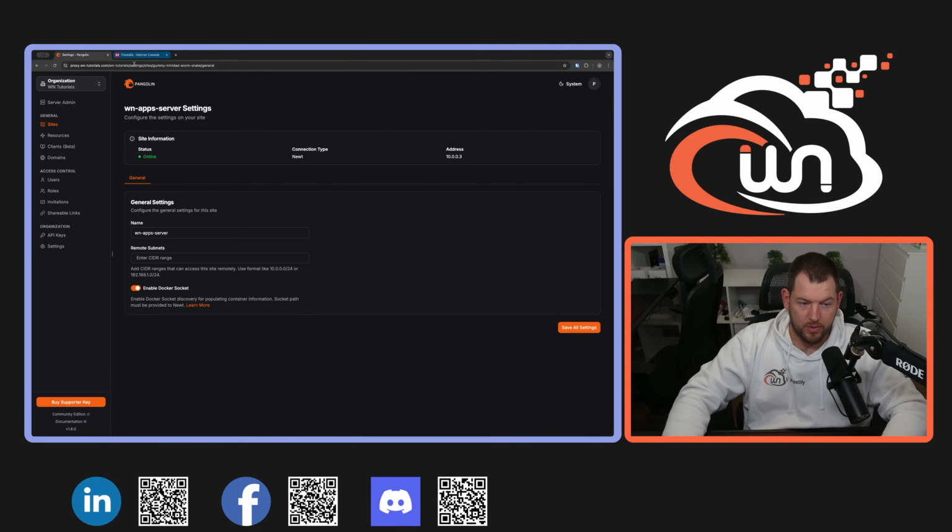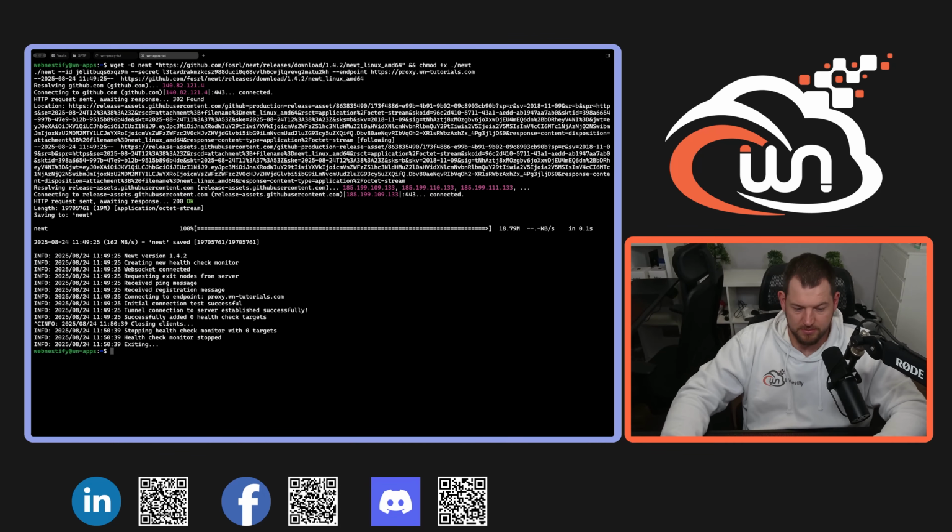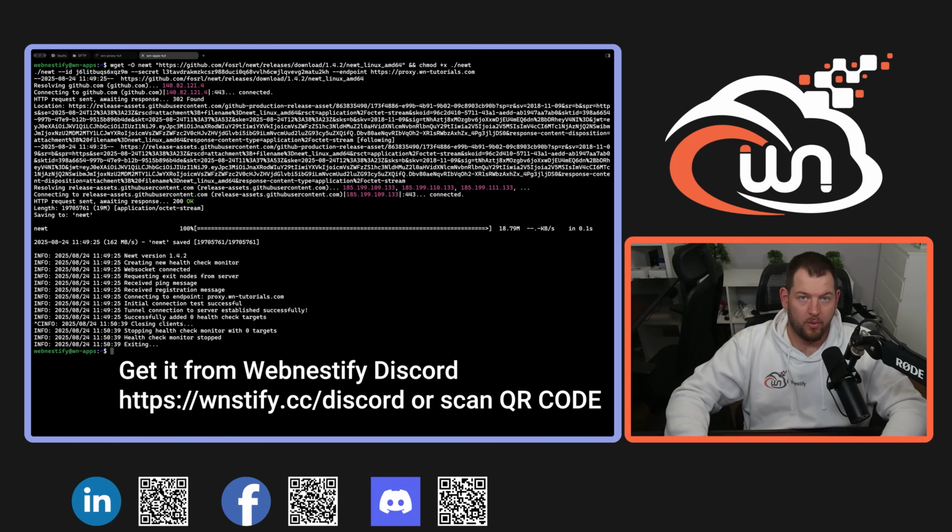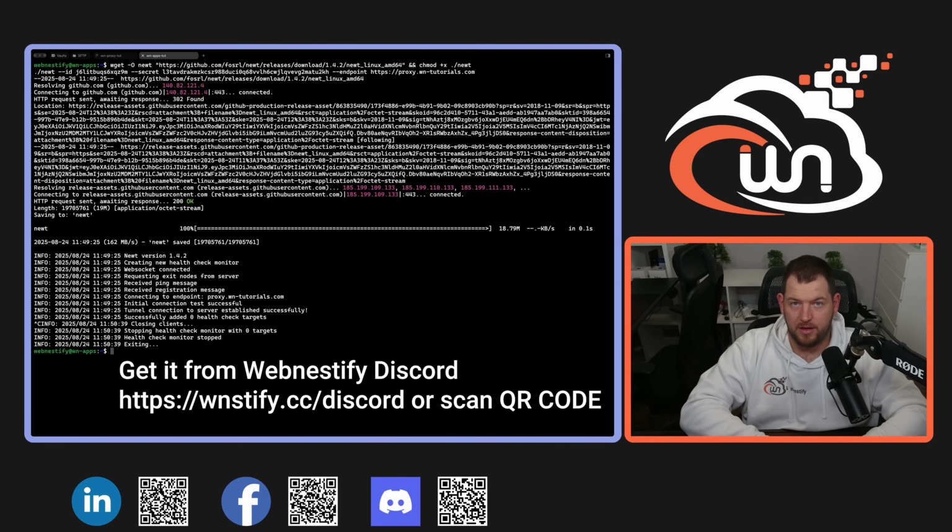Next thing we need to create is our systemd service that will persist after the system reboot, because when we exit out of this, as you can see, the Newt service will be stopped and there will be no connection between the servers, so your applications will be down. So follow my steps to create our Newt service. First thing we need to create is our Newt service. So let's do nano newt.service